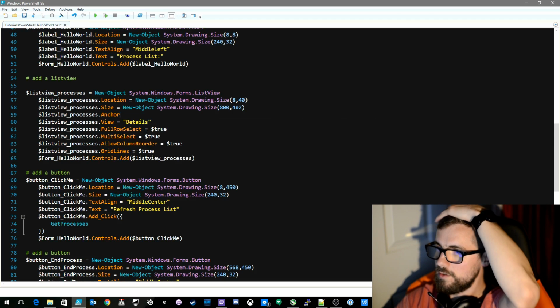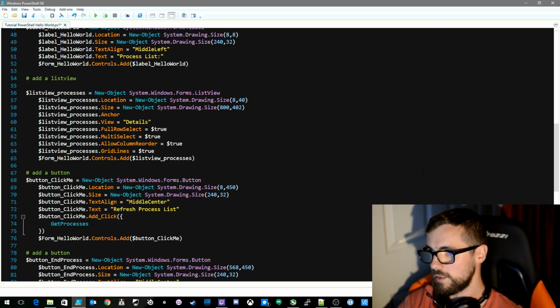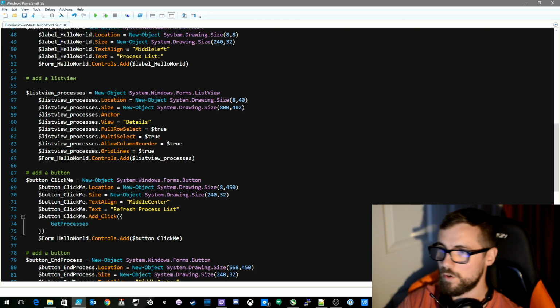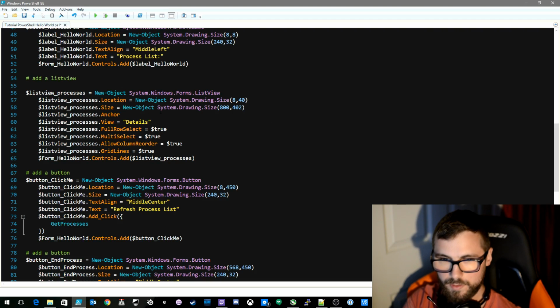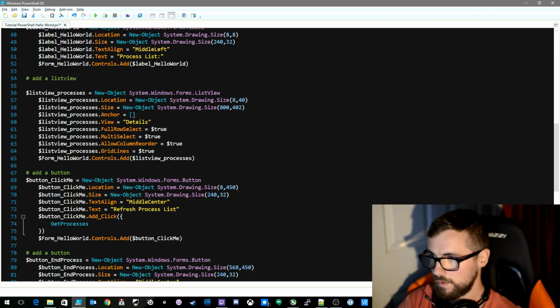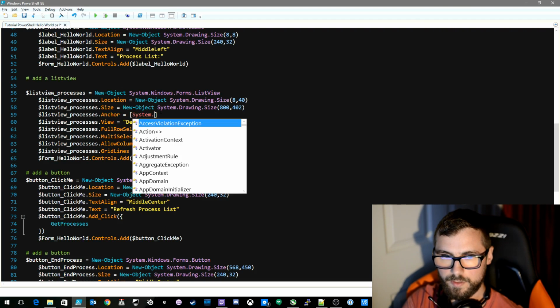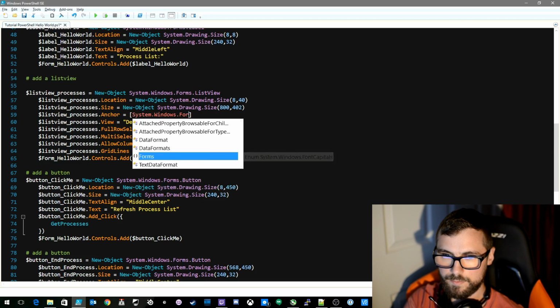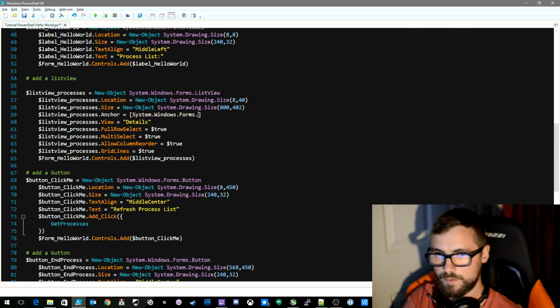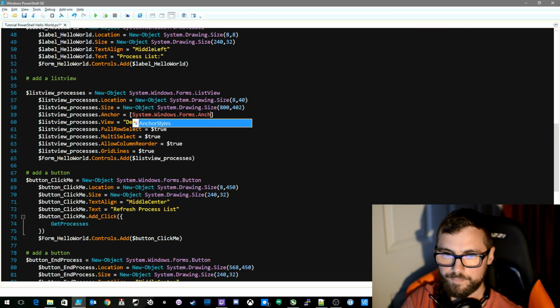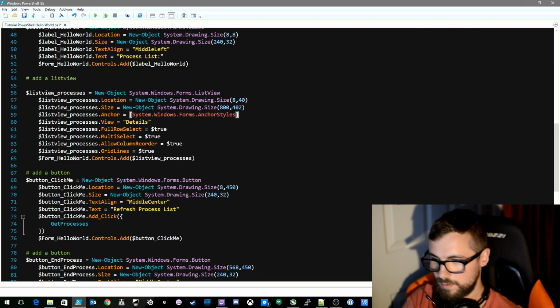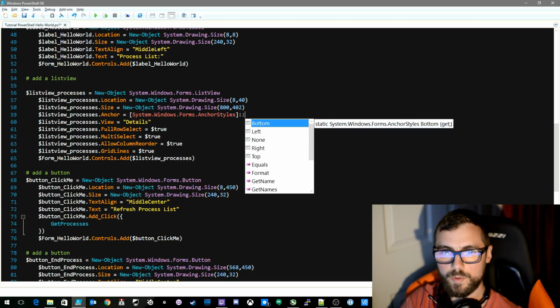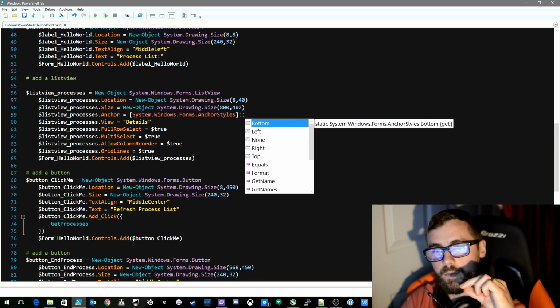To add anchors, basically you need to tell it to clip to the side of the form. So equal, and now we're calling for System.Windows.Forms.AnchorStyle. So we want it to anchor to the bottom of it,